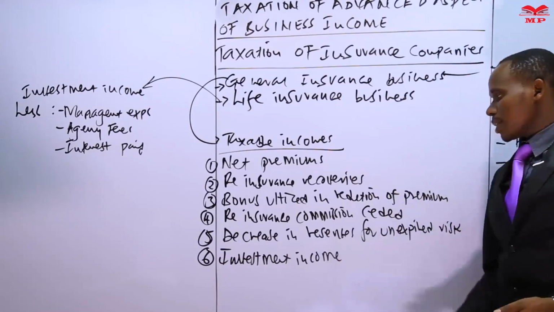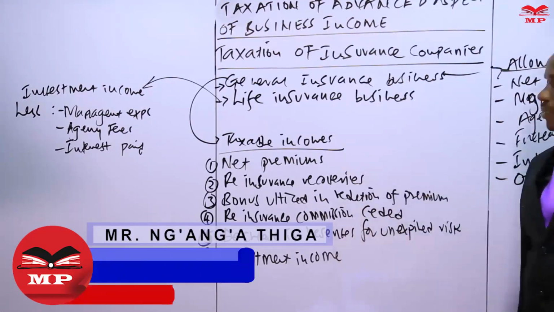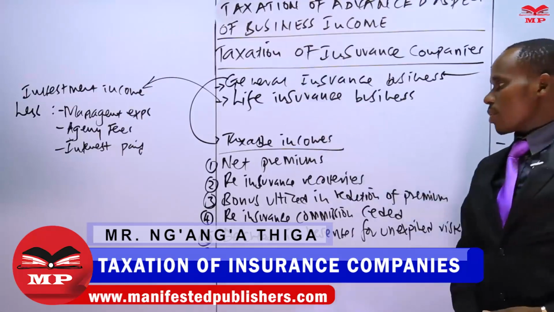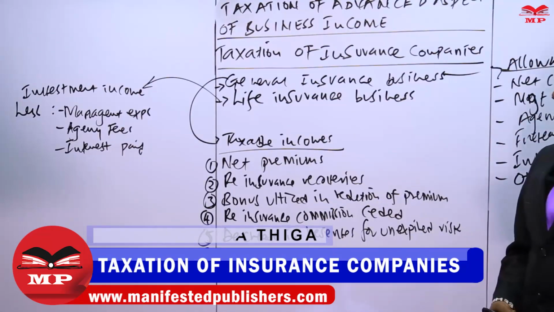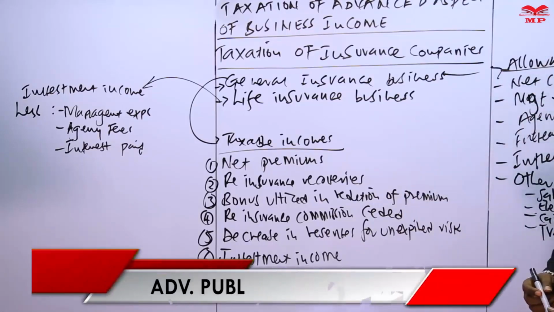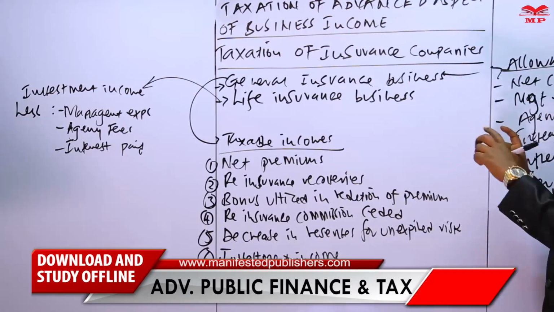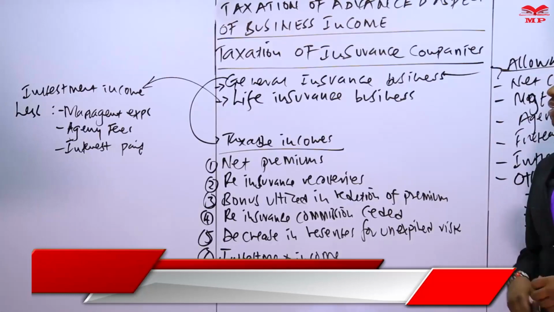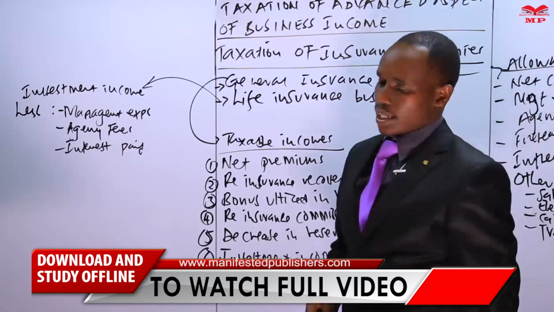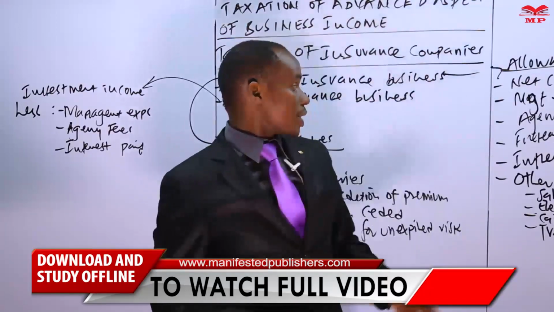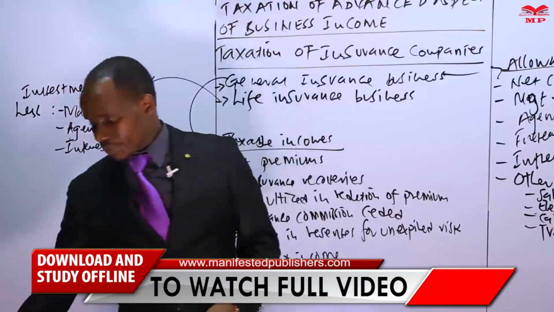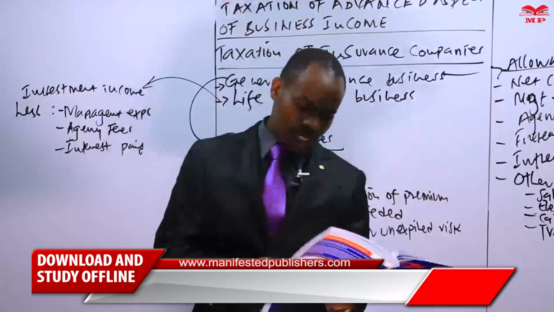As you have seen, what is taxable under general is not the same as what is taxable under life. And again, when it comes to expenses, we have a variance. So we are not supposed to combine, meaning we are supposed to calculate the taxable profit separately. Then thereafter we calculate the tax liability. In order for us to understand this well, we can have one question so that at least we can understand that concept